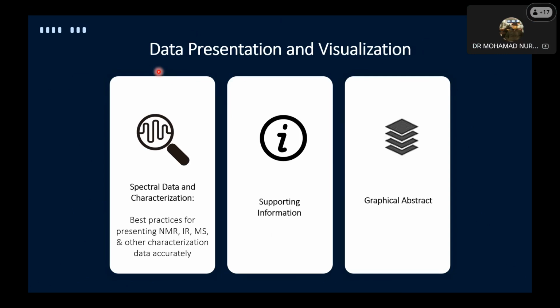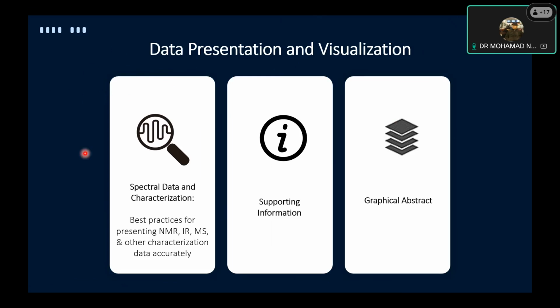Okay, I think we can continue our discussions. So next we are moving to data presentation and visualization, which is very important because in our publications, we just try to deliver our ideas and our work by using wording, so it doesn't represent our videos or so on to explain our work. So this is very important, how we can share our findings with others.